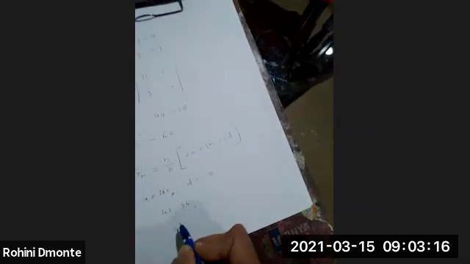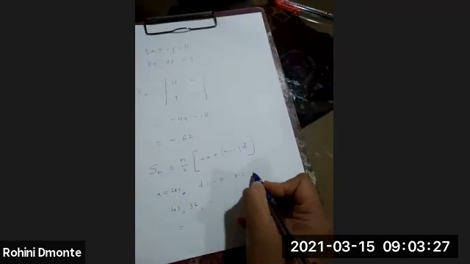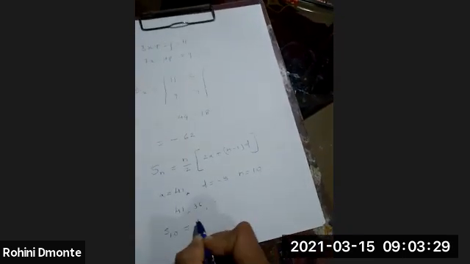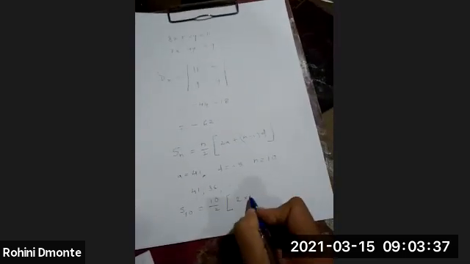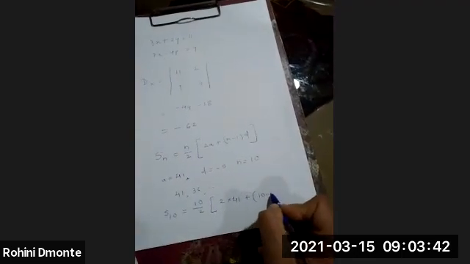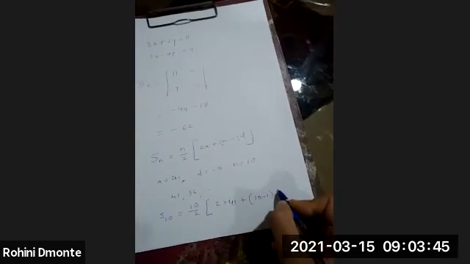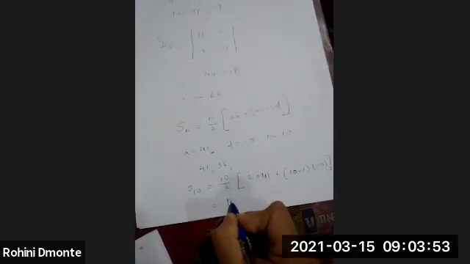Okay, now you can put the values here. What we have to find out is the sum of 10 terms. So I am putting n as 10, right? So S10 is equal to 10 upon 2, 2 into, what is the value of a? 41, right? 41 plus n minus 1, that is 10 minus 1 into the common difference. What is the common difference? Minus 5. So when you solve this, you will get the value as 185.